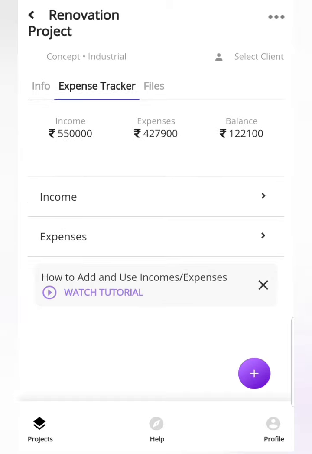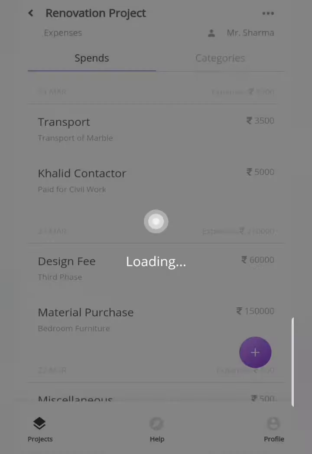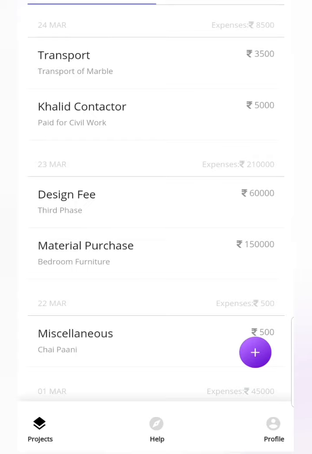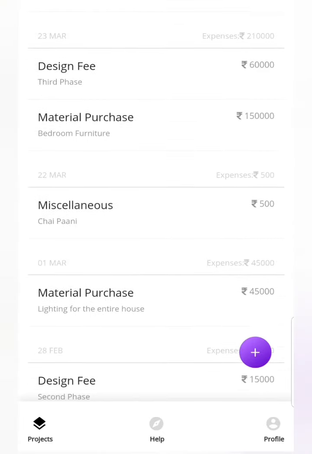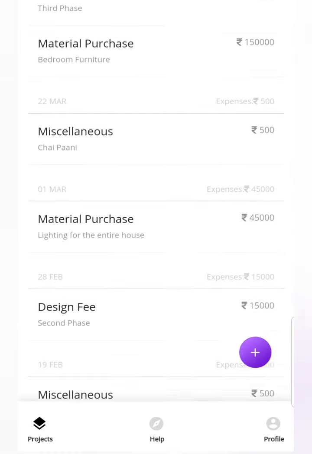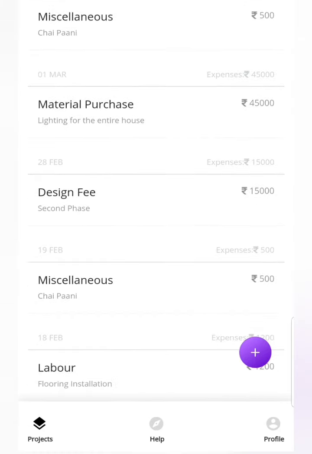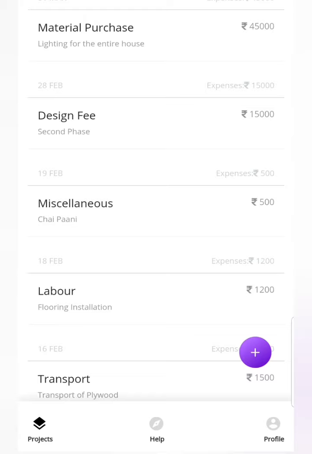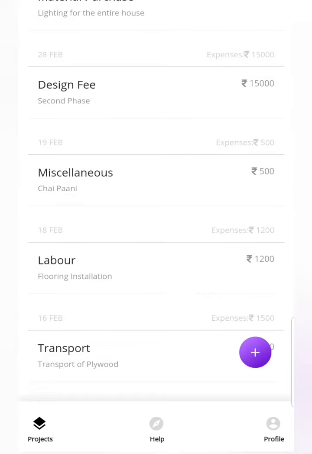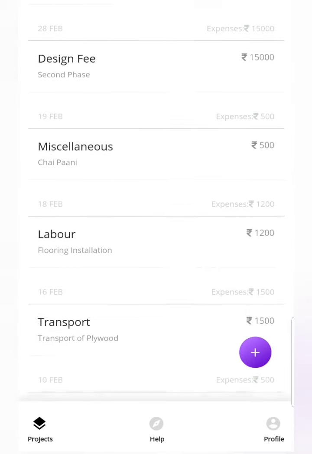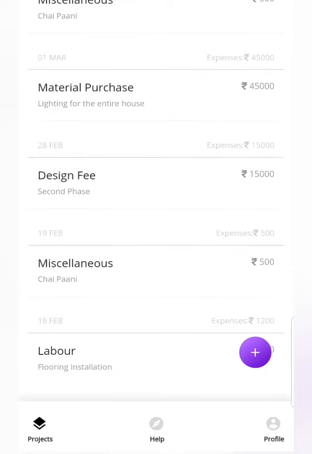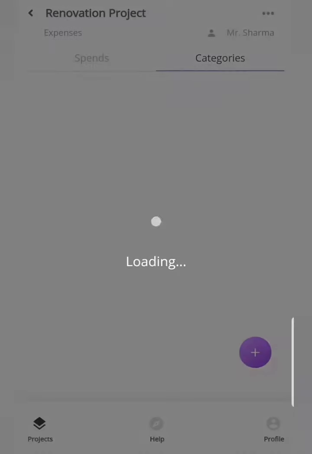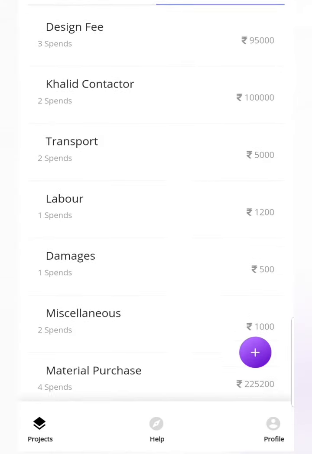So this is another project and I'll show you the expenses over here to refer for more data and examples. So let's check out the spends over here. So you can see there are some spends under material purchase, there's some miscellaneous spends occurring, and inside all the spends we can put in the notes of what that spend was for, and all the spends are categorized date wise. And when we check out the categories, there are a couple of categories I have already created for this